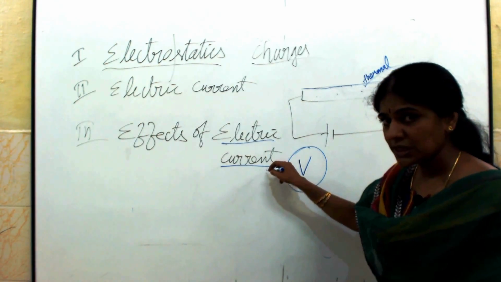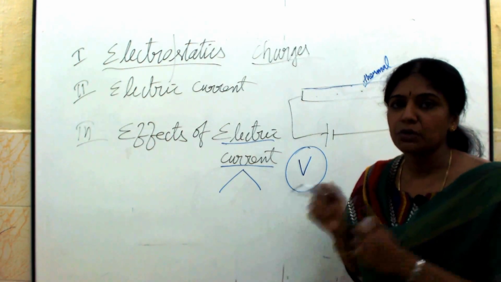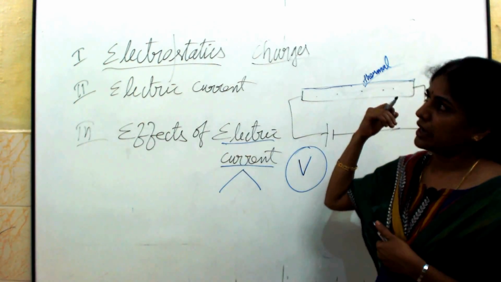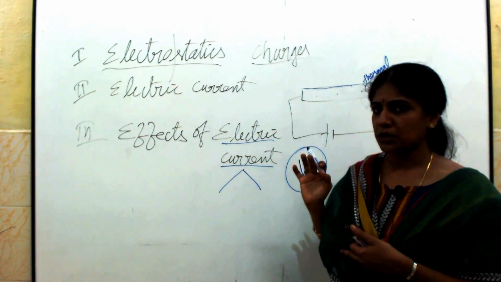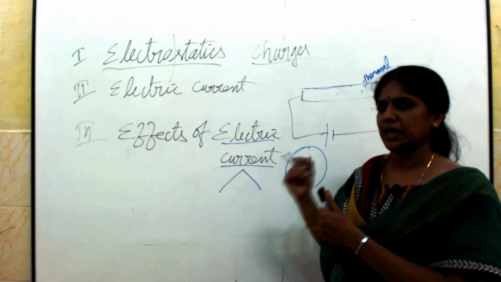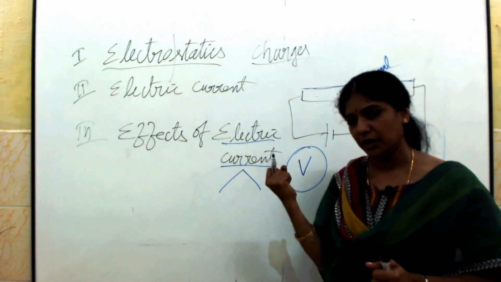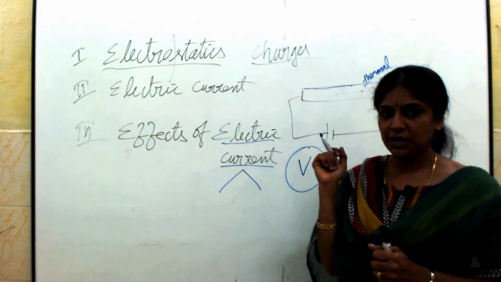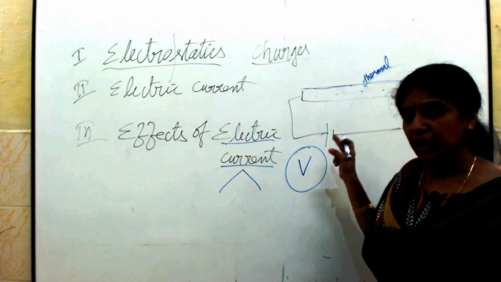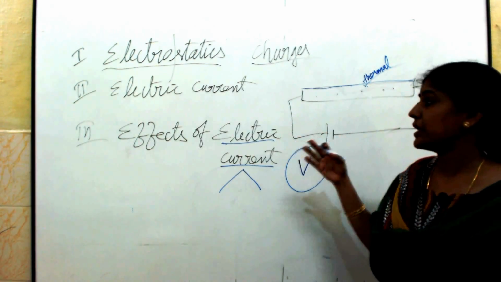Whenever the current flows, what happens? A part of its energy is given up in doing some useful work. For example, an electric motor running or a bulb glowing. Clear? Let it glow for some time. How does the bulb glow? Because of the flow of current, the flow of charges. When the bulb glows for 10 minutes or 20 minutes, then you go and touch it and see what effect you can feel. You can feel some heat, isn't it? How are we gaining that heat or thermal energy? It is due to the collision of the electrons with the lattice ions or atoms that we are getting that heat energy.